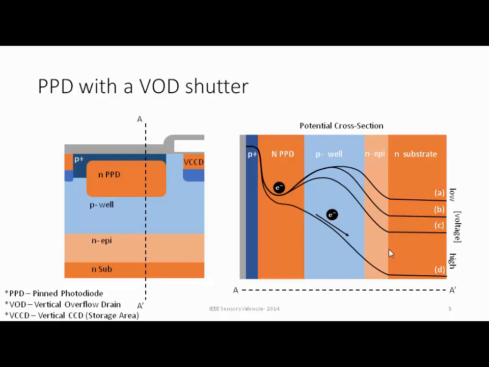The pinned photodiode is an N diffusion that sits inside a P-well. And you can see that the P-well forms a potential barrier between the potential well of the photodiode and the voltage of the substrate. In order to implement this mechanism, you need the substrate to be N-type, and the photodiode is, of course, N-type, and the P-well between them is P-type, so it forms two PN junctions and a potential